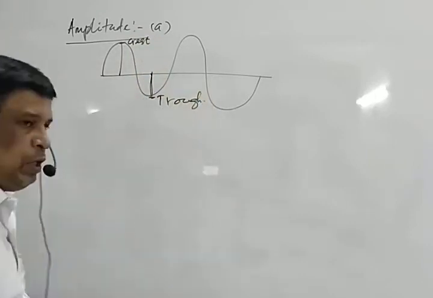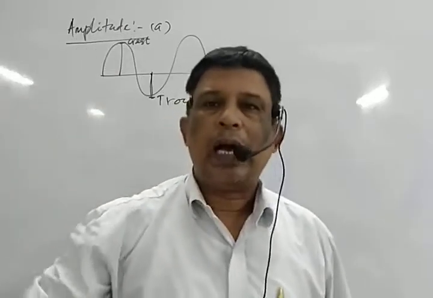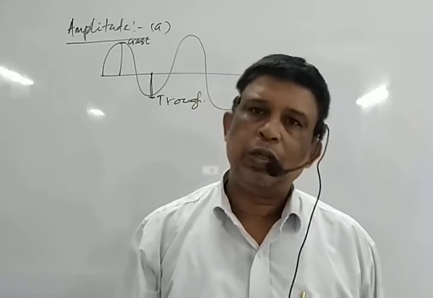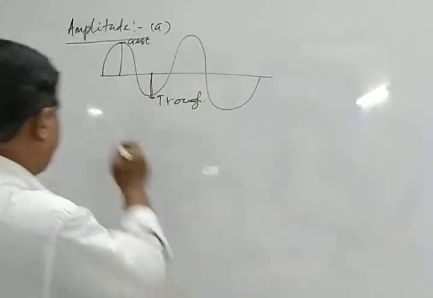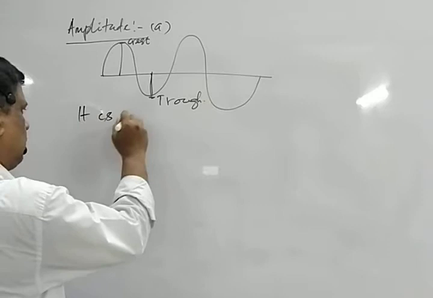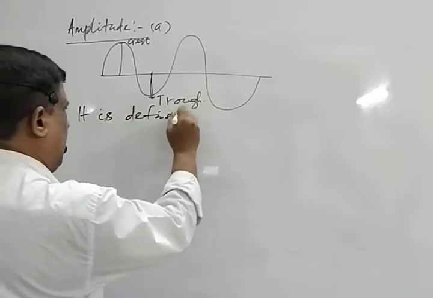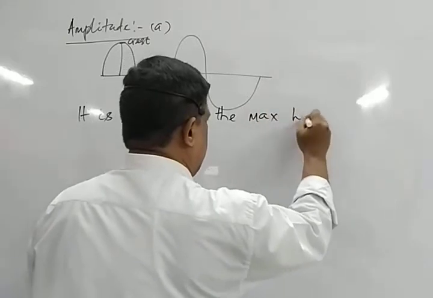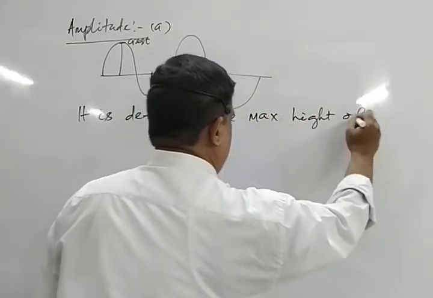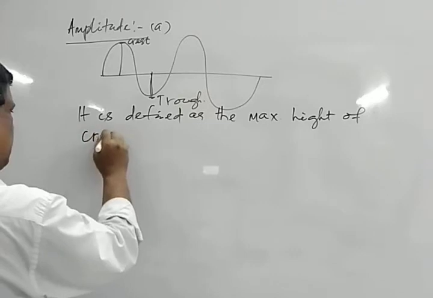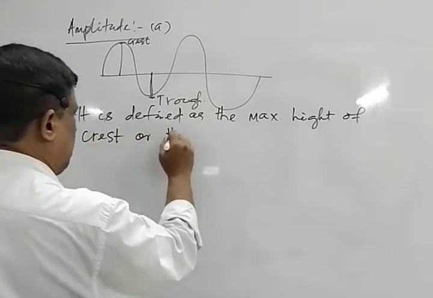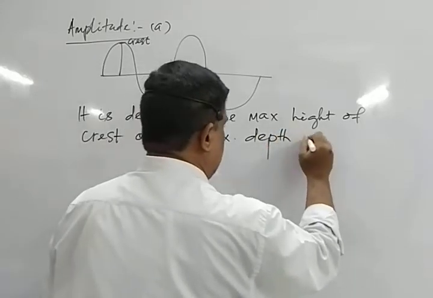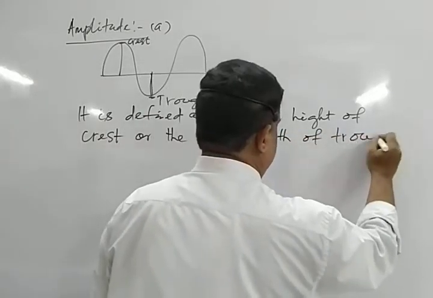So amplitude is nothing but the maximum height of crest or maximum depth of trough. It is defined as the maximum height of crest or the maximum depth of trough,